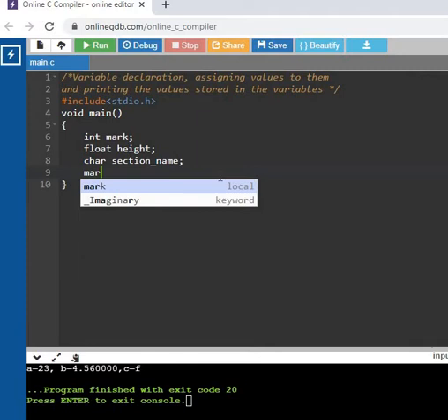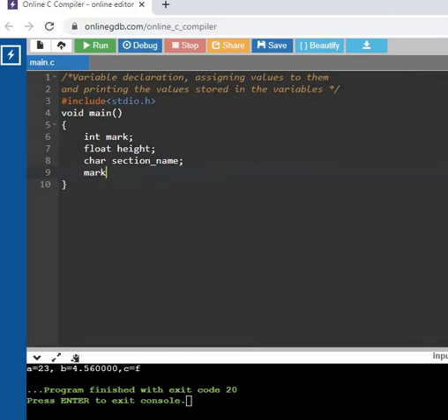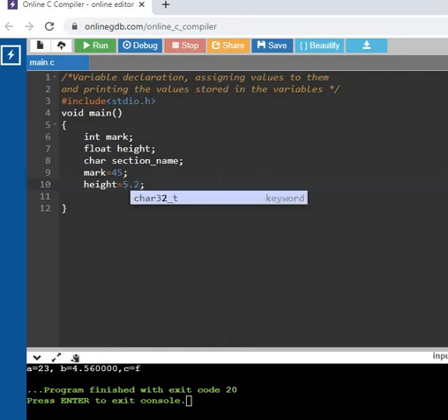Okay, so if I want to store the integer mark, mark equal to, I can give it as 45 here. So I am assigning 45 to mark. If I want to assign my height, I can assign height equal to 5.2 feet, like that.